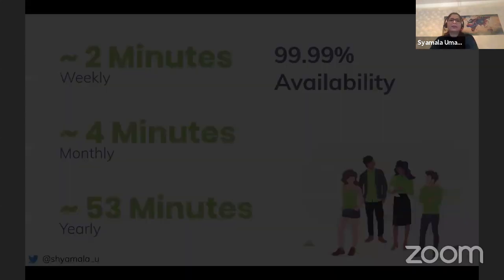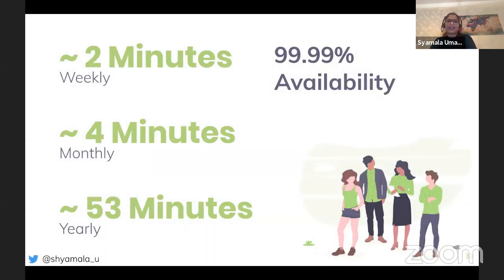Let's say we want 99.99% availability in software, which means you are only allowed to be down for 2 minutes in a week, 4 minutes monthly, and 53 minutes yearly. If you want to achieve this level of availability, you have to put a lot of effort into the product.